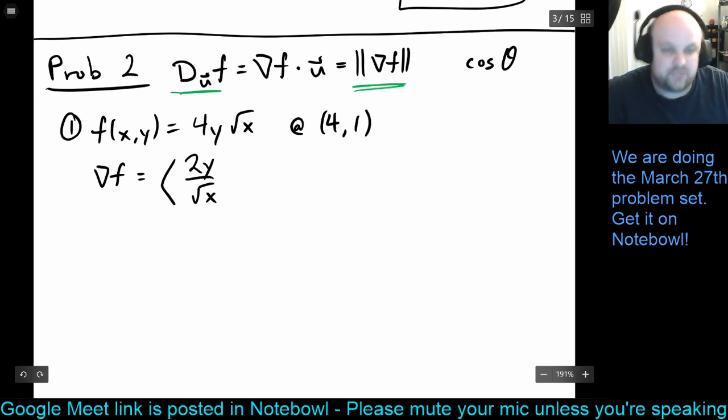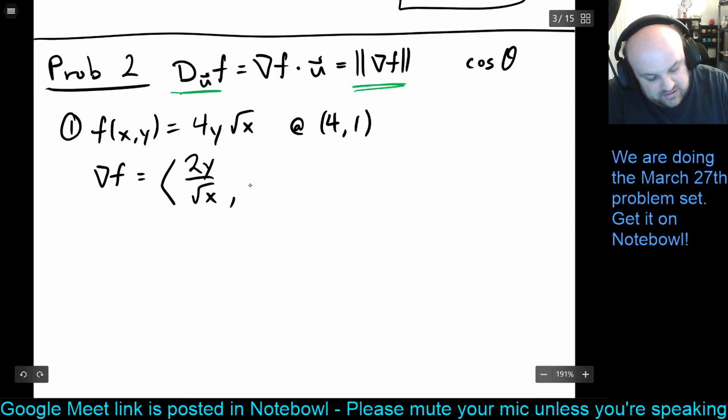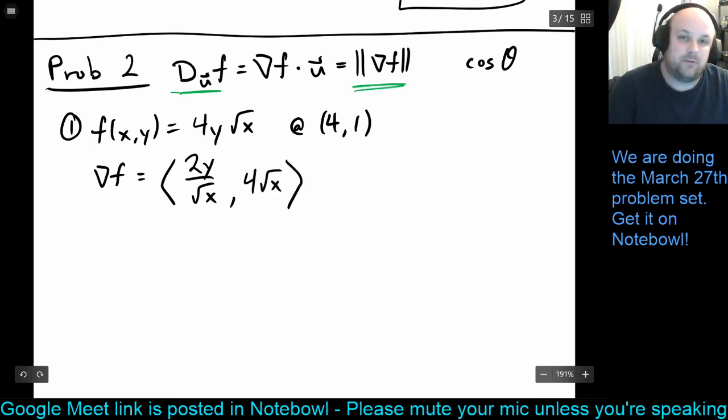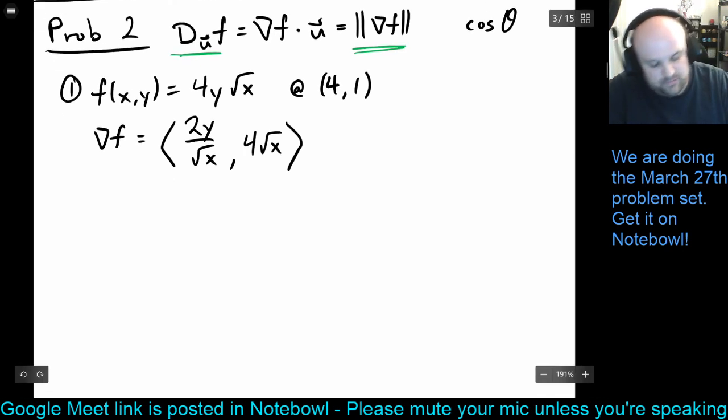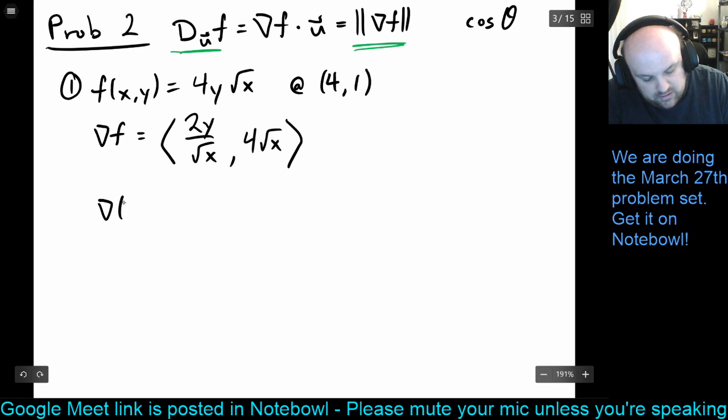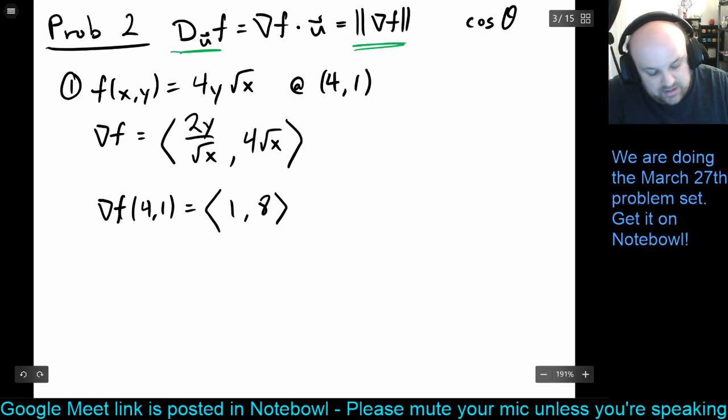Right? That's going to be the derivative of this with respect to x, and 4 square root of x when we differentiate with respect to y. Right? And then plug in (4, 1). And we get, let's see, this is going to be 1. This is going to be 8. And so the max rate of change